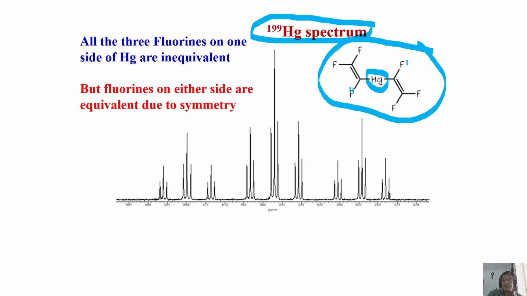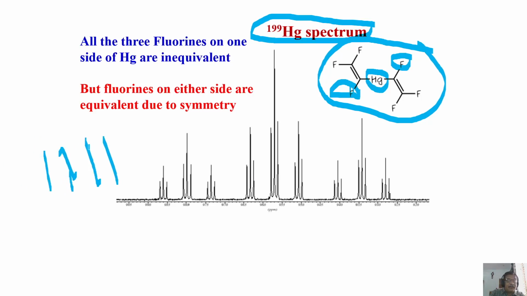Initially, this will split by fluorine into a doublet. This fluorine also splits this into a doublet, but the two doublets are of equal coupling constant. So what do you get then? The central line of the triplet, two lines overlap. So what you get is a triplet. Remember, you get two lines, two doublets.